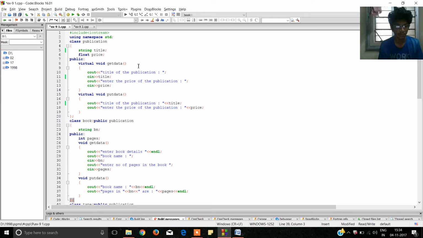Here my first experiment is to do book publication and tape. First, I've created a class called publication, and in the private part, I've declared a string title and float price. In the public part, I've declared the friend function virtual void get data, and inside that